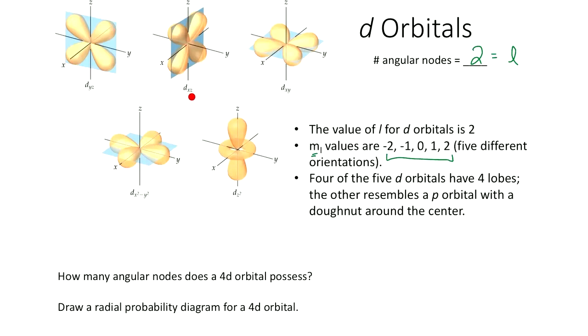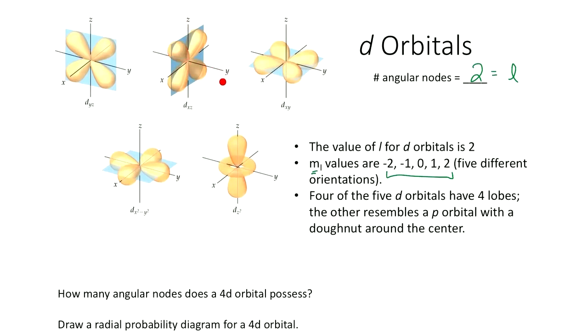Or dxz. This orbital is lying on the xz plane and being speared in the middle by the y-axis, like a shish kebab. Or here, this one's a little bit different. 4 of the d orbitals look like butterflies, but the last one is different. This is dz squared. dz squared kind of looks like a pz orbital, where pz is a dumbbell along the z-axis, but the difference is that a dz squared orbital has a belt around it. So that's the small difference. Don't confuse those two.